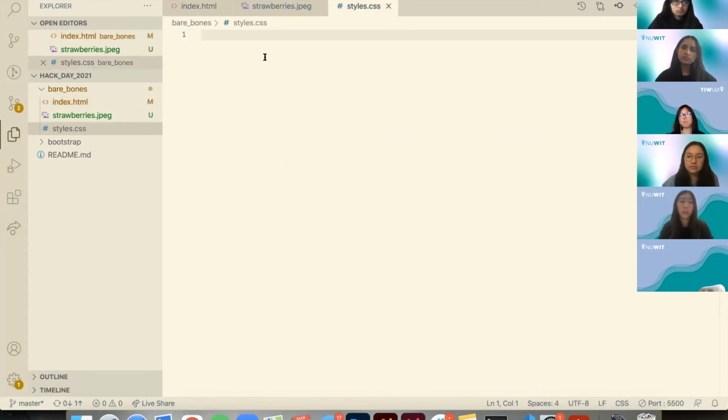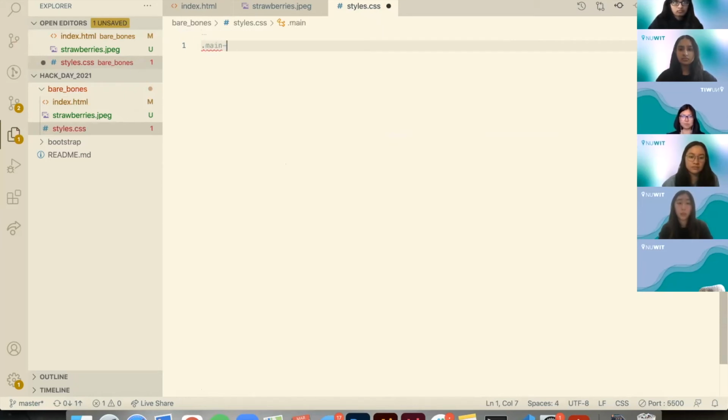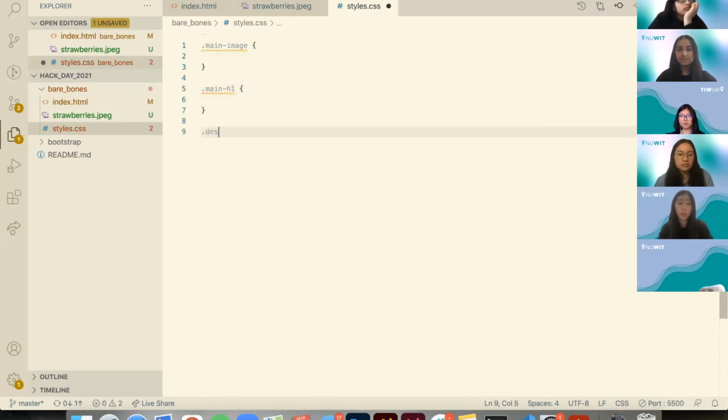And then in my CSS, I will make classes for all the classes that I just put in my HTML. So main image, main H1, and description. Okay, so for the image, I want it to be smaller,